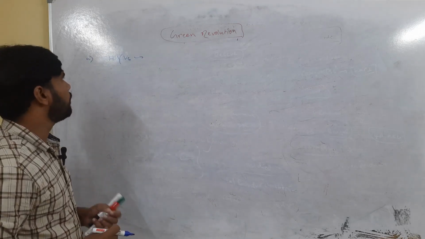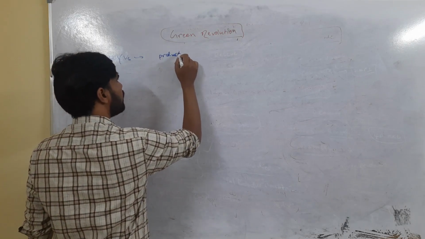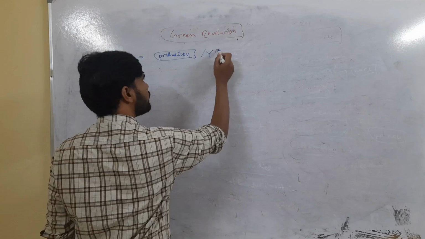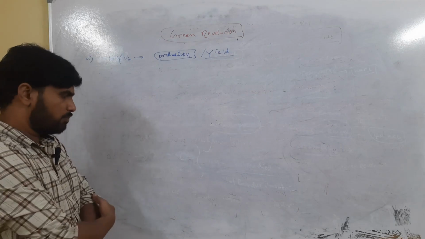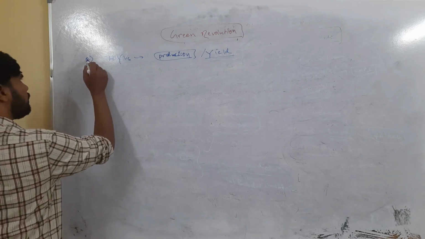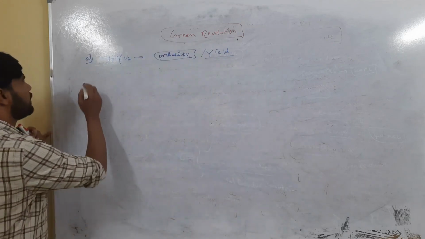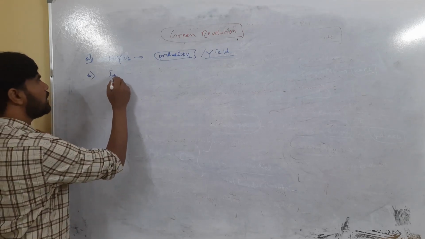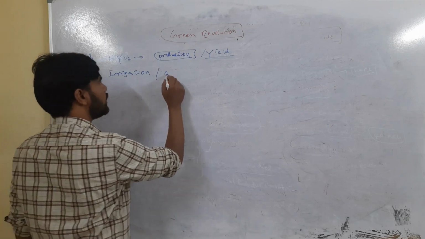Which will give a lot of production, or within an area, productivity or yield will be high for these varieties, and they will come to maturity very early, maybe in 3 months. So this is the very important component of green revolution I have explained. This is at the heart of green revolution. Then you see the second thing. What is the second thing? That is providing irrigation, or I would say assured irrigation.